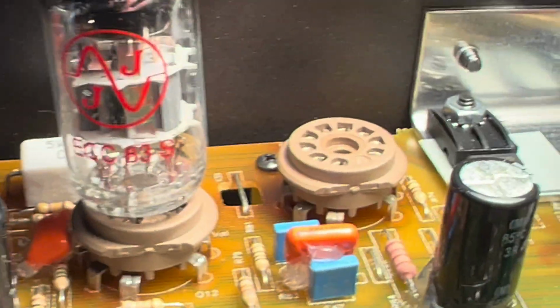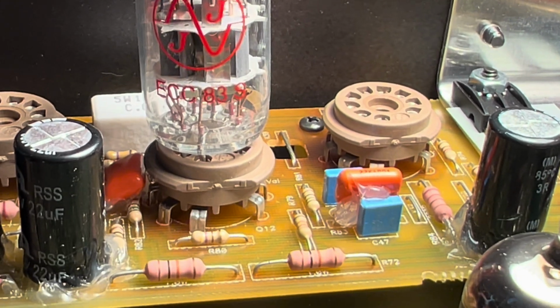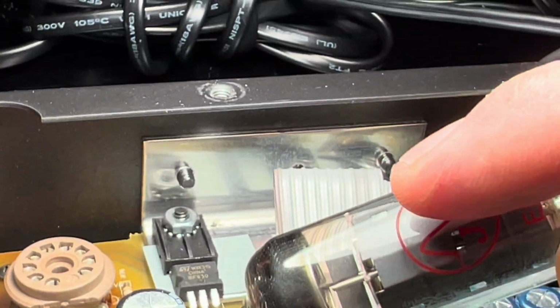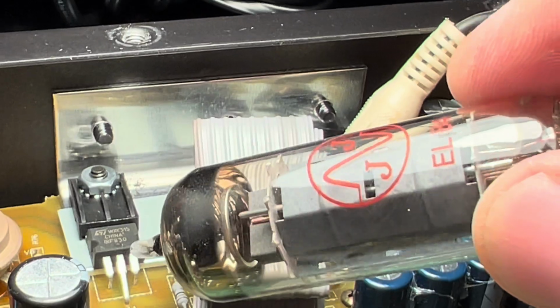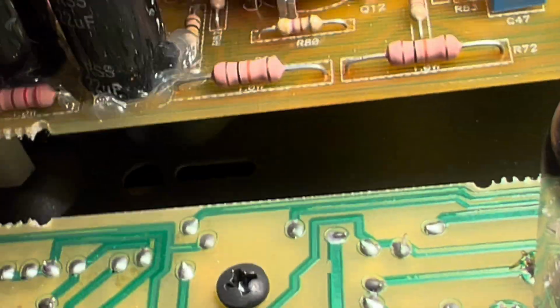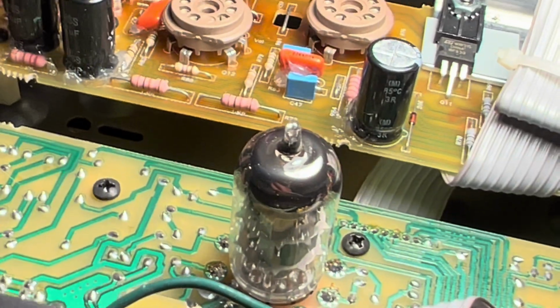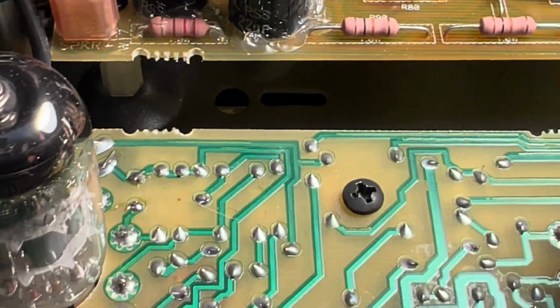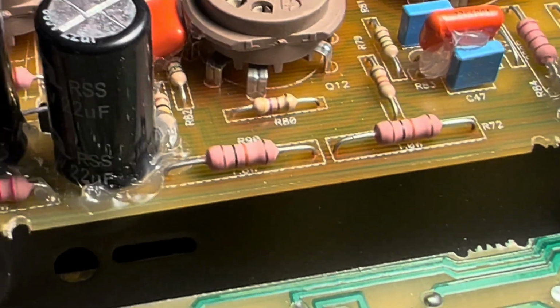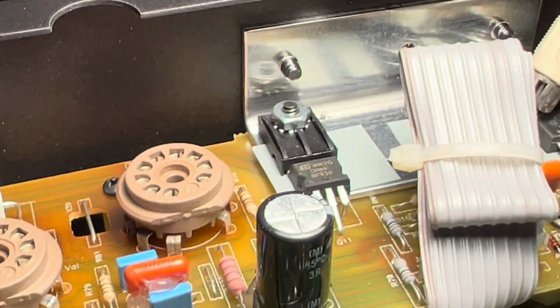So let's see here. That's wearing pretty evenly with respect to the silk screening. Maybe just a little bit of dulling on the right-hand side of this logo plate structure. So I'll take a peek at that. Get this guy out of here. Your tube sockets look nice. Condition-wise, they look pretty nice. This doesn't appear to be a tube-driven reverb. It could be. I do need to get on the other side of the circuit board so I can take a peek. I'll check the bias out, but I think at the end of the day,